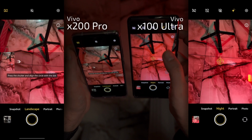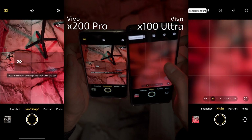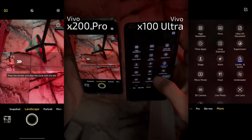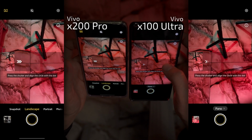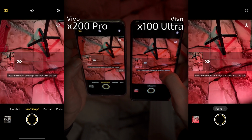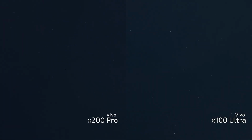Basically, it means that the phone should automatically detect the scene and give you stars and moon in the sky. So there is no manual control. You need to rely on the automatic systems and pray that everything goes as you want. I am in the process of making a new large photo comparison right now and still testing things out. Yesterday I tried to film the sky in a highly light-polluted area, and by my observations on X100 Ultra,